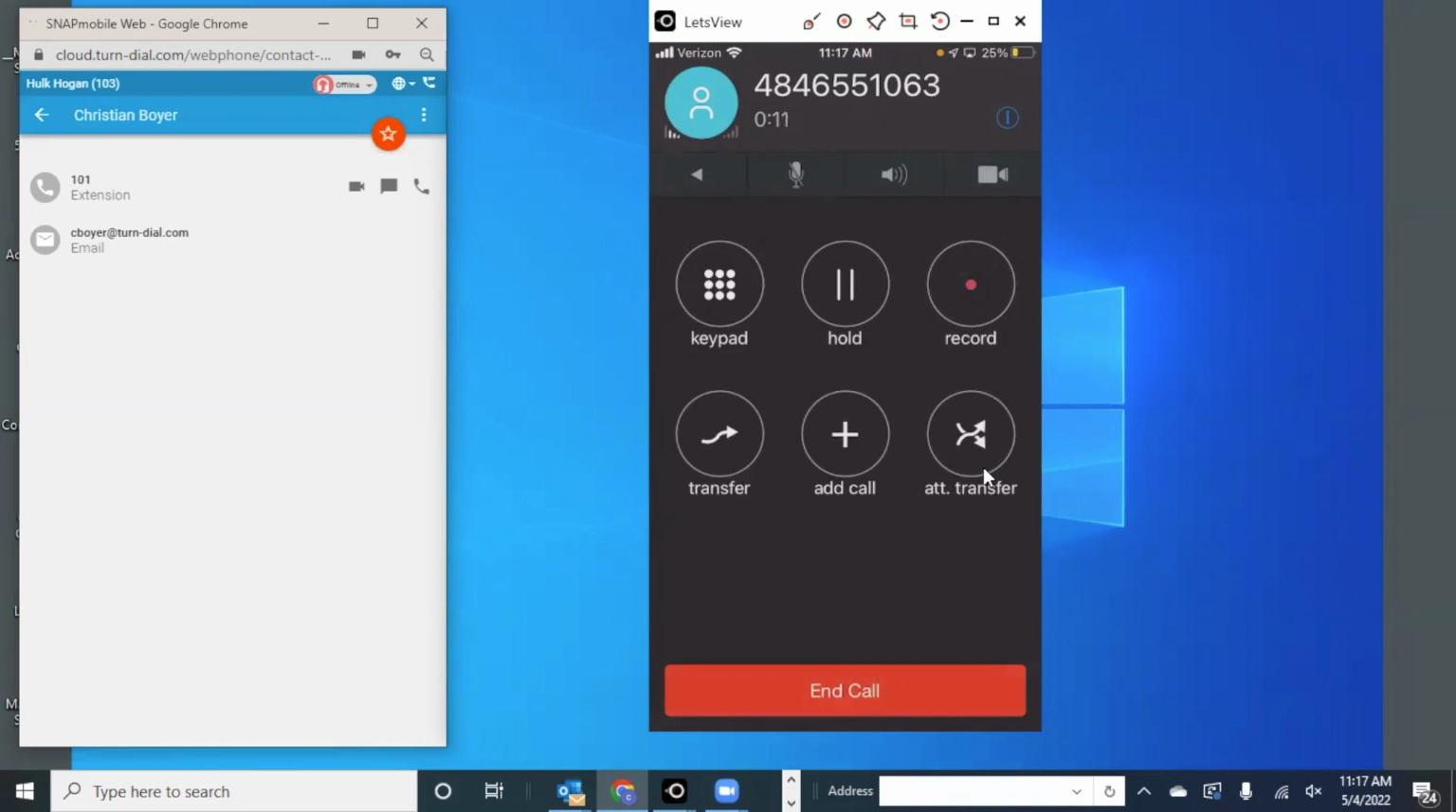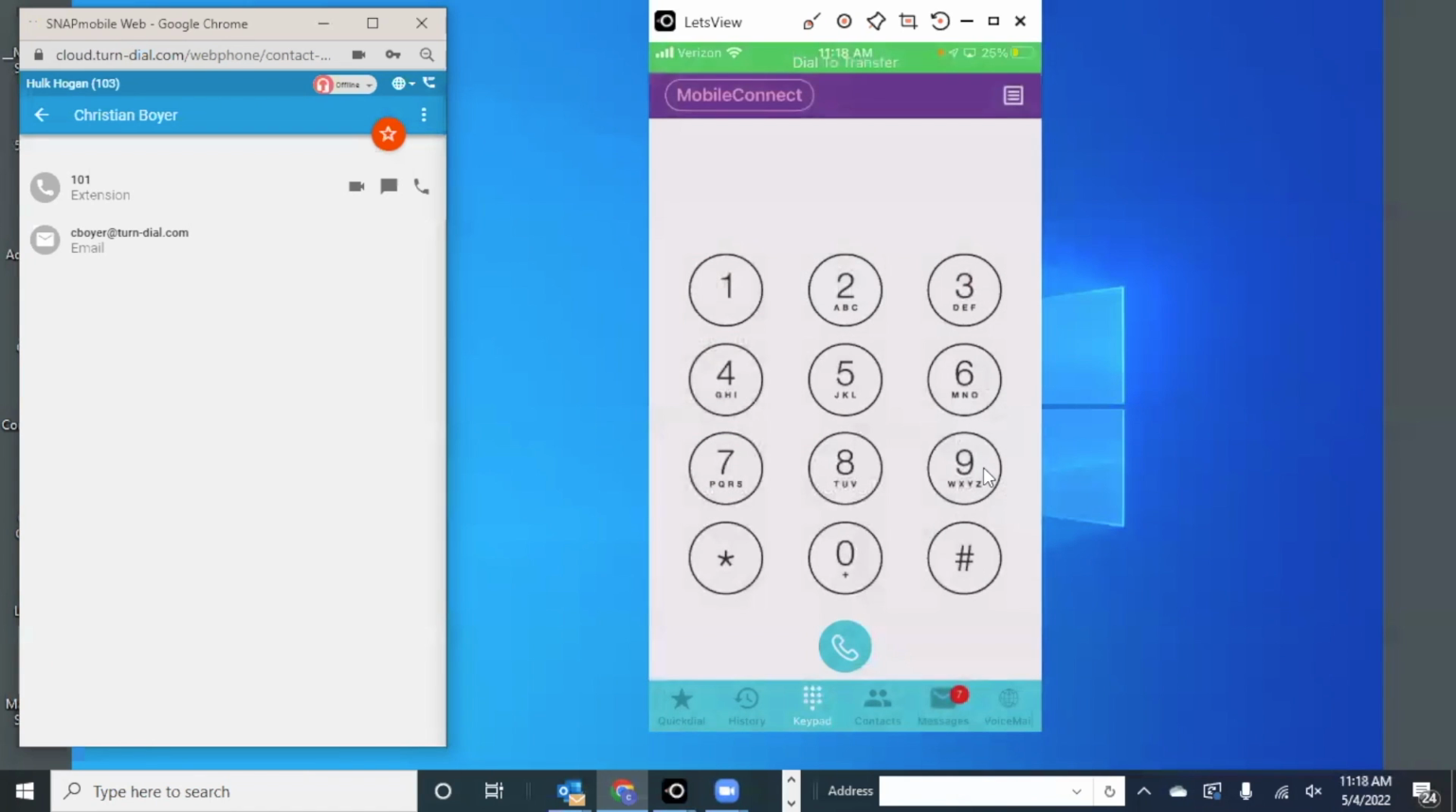Those tend to be more professional and a better way to get your customer, your client, to another colleague in the office. So I'm going to hit this attended transfer button. Okay, now I'm back to either the quick dial or the contacts. I can type in an extension number if I have it memorized and I hit the little phone icon. Or if I don't know the person's extension, that's where I'm going to go into the contact section